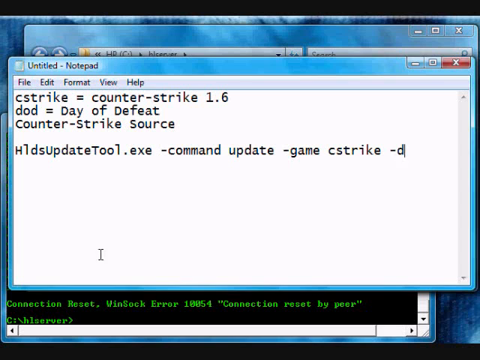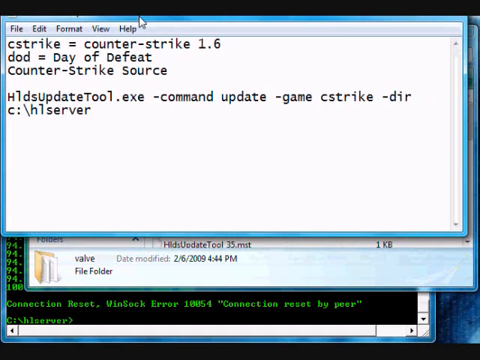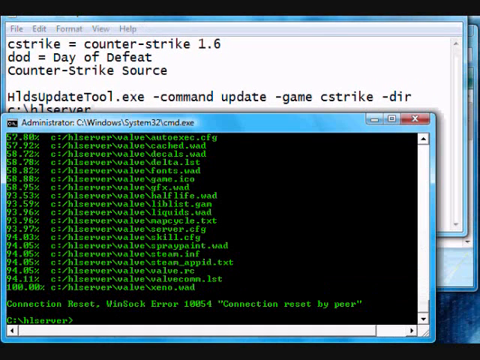And then the directory, which will, for me, will be c:/hlserver. So in order to do this, we're going to go here, and we're going to do that HLDS Update Tool.exe, and then command update game cstrike directory